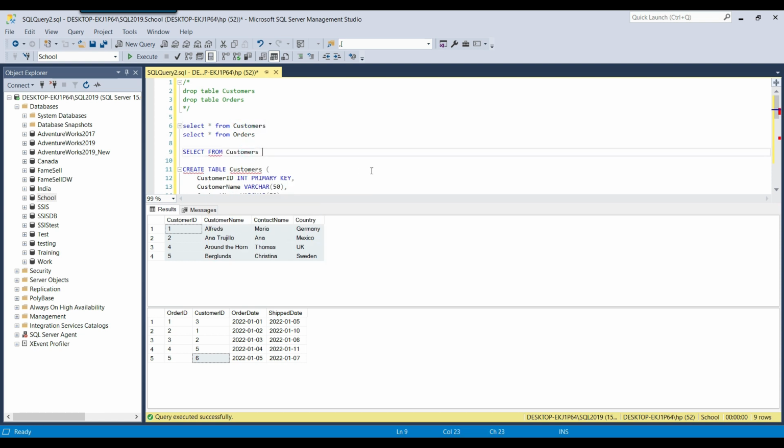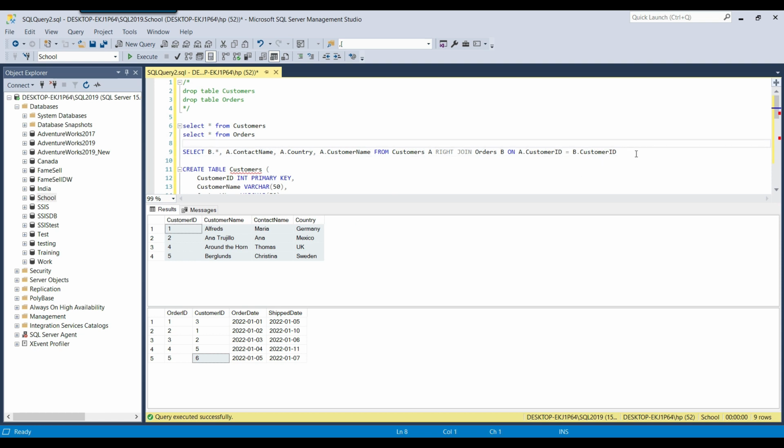I will call the customers table and alias it as a, right join, and then I will use the second table, the orders table, and alias it as b, on a dot customer ID equals b dot customer ID, the column present in both tables. I will select all records from the right table, b dot star, and then I will select the contact name from the left table, the country, and the customer name.